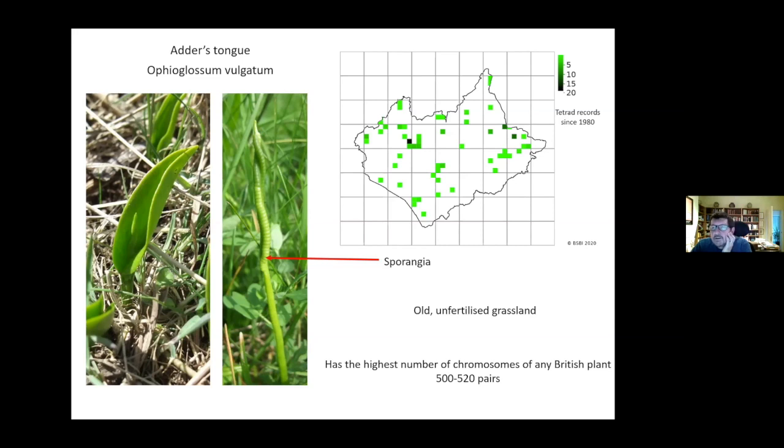You can imagine it, can't you? Go on forever. So it's got between 500 and 520 pairs, maybe even up to 440. So again, quite an old, very old plant. It's got loads of junk it doesn't need really, but it certainly seems to thrive on it. Anyway,